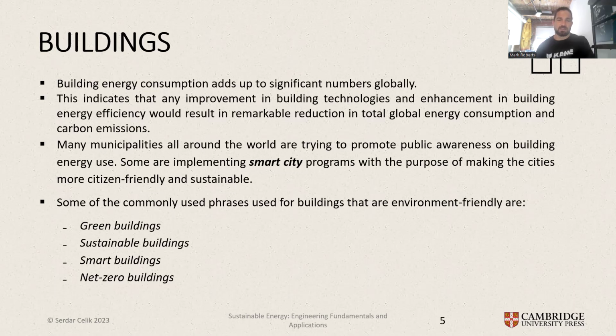There are different terms that can be used, like green building, sustainable, smart, net zero. A net zero building might be considered to be a building that doesn't have any net carbon emissions. A smart building would be something that uses either artificial intelligence or controllers and programs to set the building under certain conditions in order to minimize the overall use of energy in order to achieve a particular goal or a